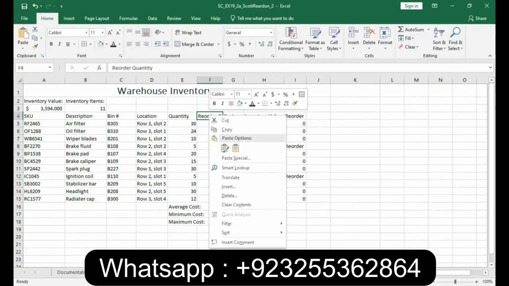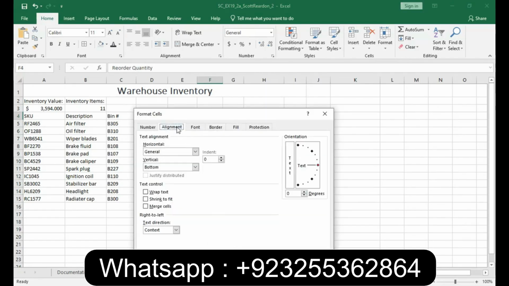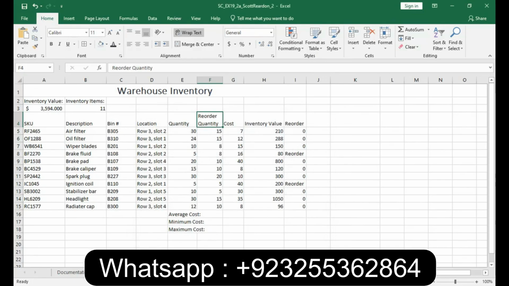Format cells. Maybe the easier way. Alignment. What wrap text means is if it runs out of room in the cell, it's going to put it on the next line. There you go. Now we can see it will reorder closely. Number 11, apply the shading to the range A2 through